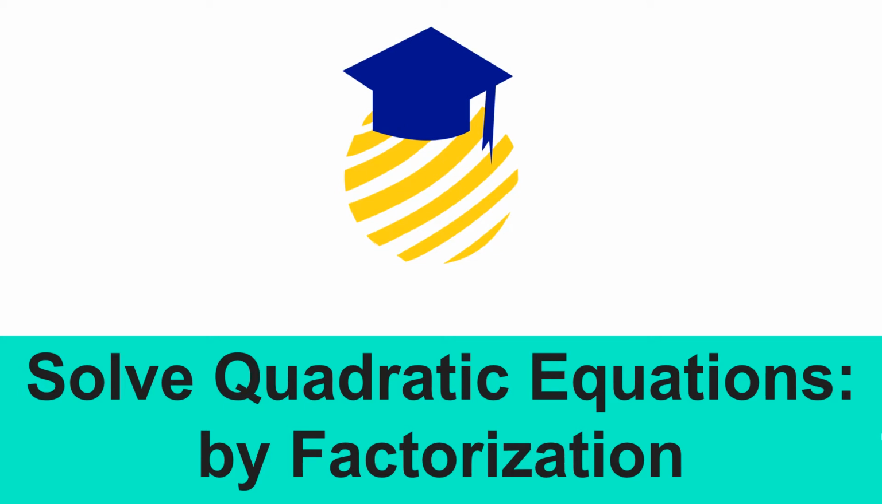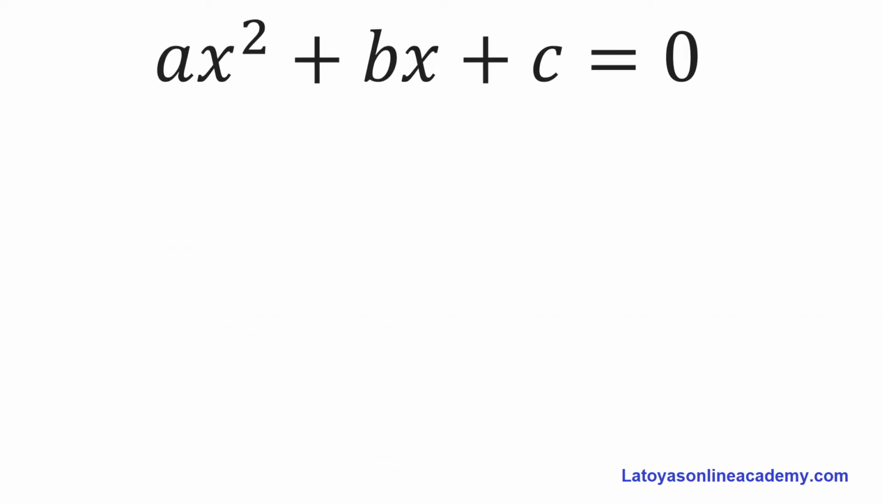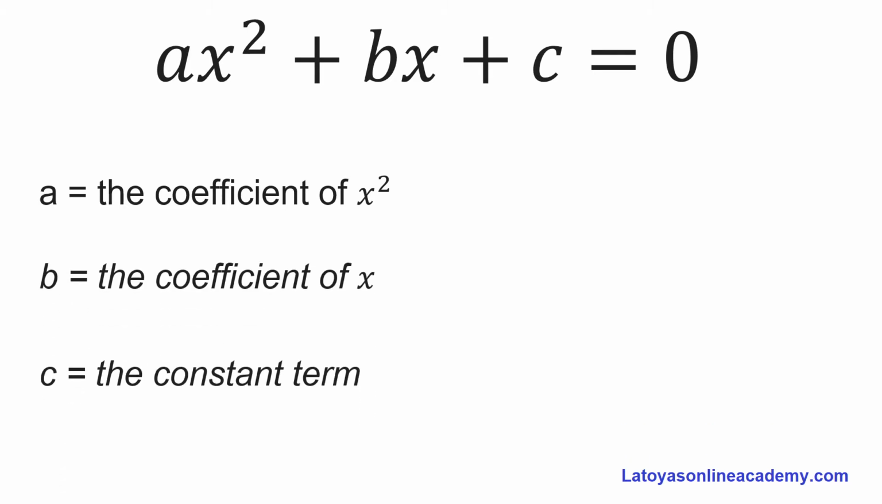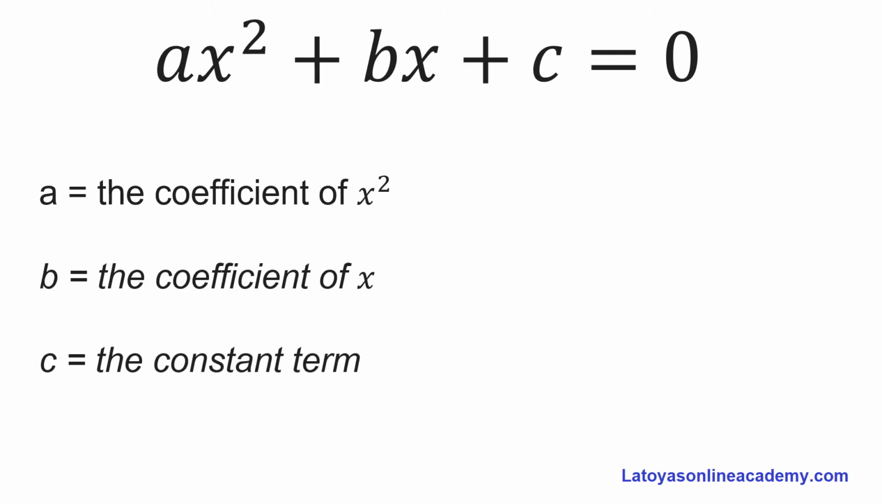Today we're going to be looking at solving quadratic equations by factorization. The general form of a quadratic is ax squared plus bx plus c is equal to 0, okay? Where a is the coefficient of x squared, b is the coefficient of x, and c is the constant term. Now we must be able to recognize what a is, what b is, and what c is in a quadratic